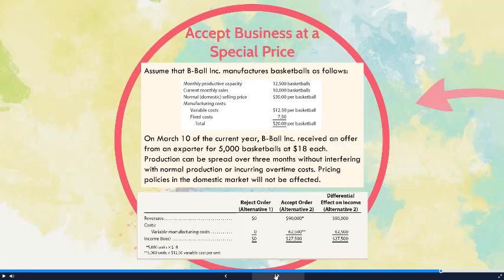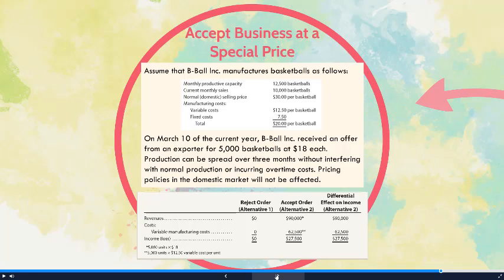So again, we'll perform that very simple income statement looking at if we decide to not take this order versus if we decide to accept this order, and the differential income on those alternatives. If we decide to reject this order, we're not going to get any revenue, but we won't have any costs, so that will all be zero. If we decide to accept it, we'll have additional revenue of $90,000. This is because they're willing to pay $18 for 5,000 basketballs. The variable costs include